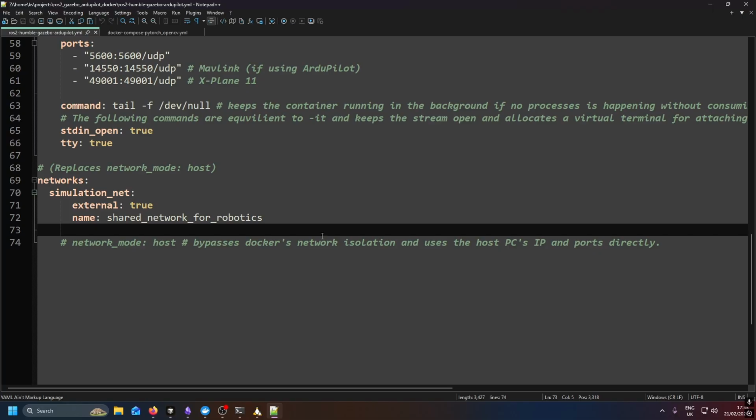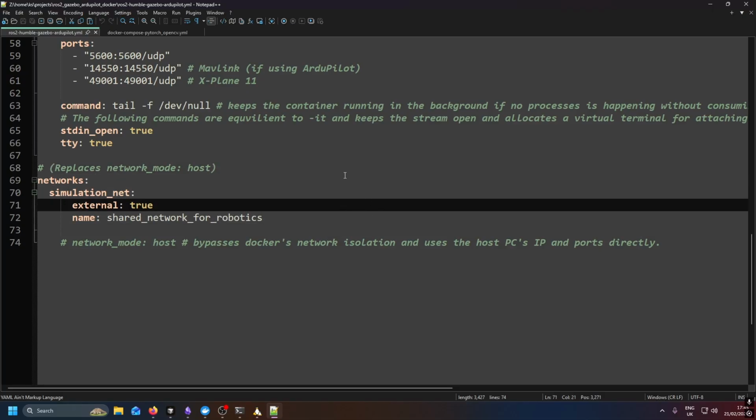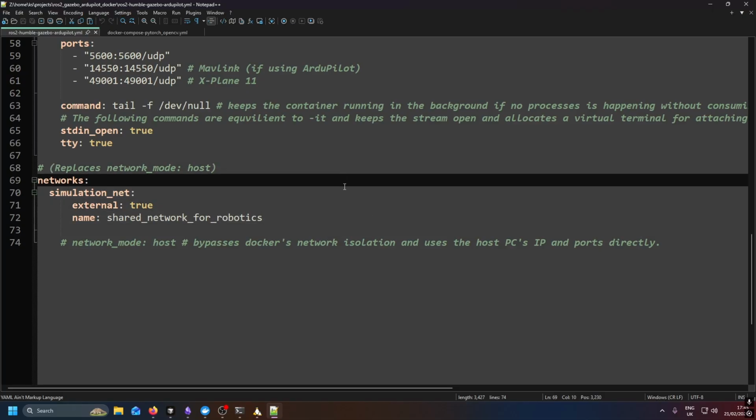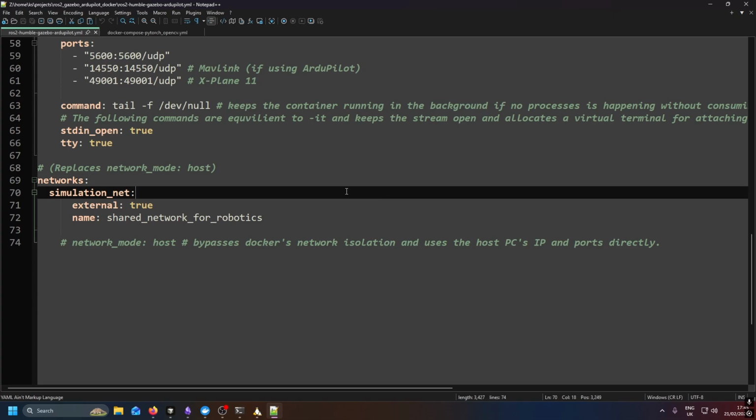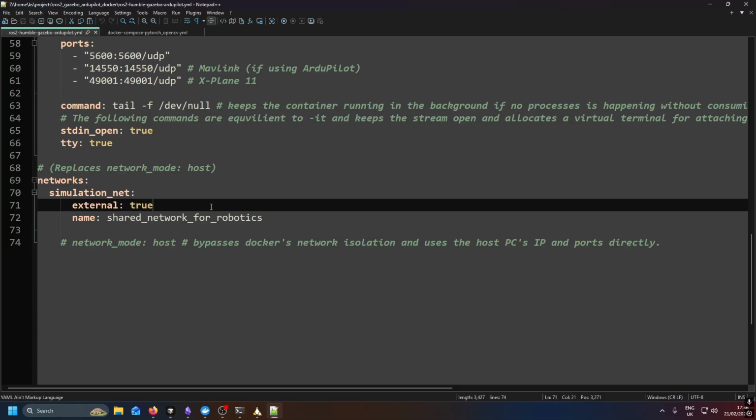Let me walk you through this, the relevant part of the Docker Compose file then, this section here. So, in this case, you already know we're needing a network to share between these two Docker containers. So this here, for the first one then, simulation net, this is just a nickname for this current Docker container that we're using. It's just a name for it, and that's fine. In terms of the second one, which is external true, what this does is that it'll tell the Docker